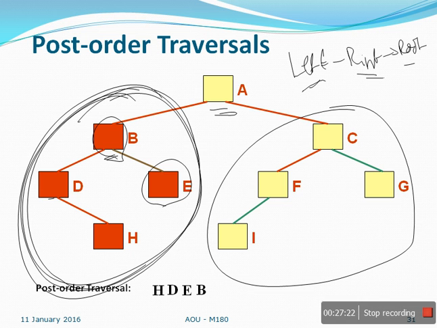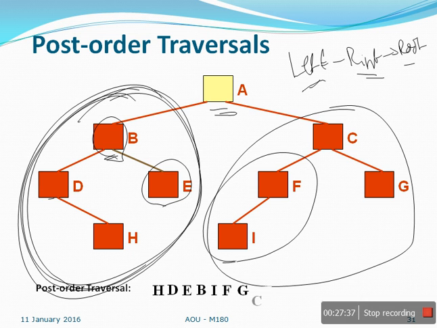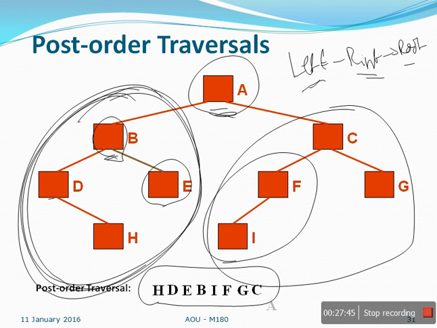Left has a word F. F is a root again for I. For this is again a subtree, so you process the left, then there is no right, process the root F, then there is a right for C, that is G. Process G and then process C. Finally we are left with the root A, then you process the root A. So this is your post order traversal, that is